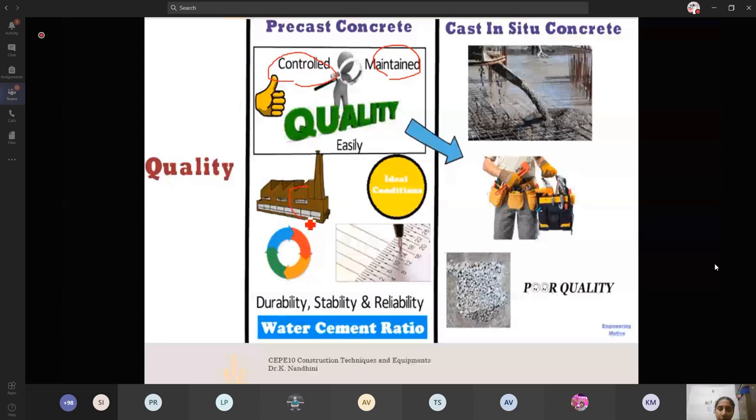It is prepared in manufacturing units or factories, following ideal conditions where the water cement ratio and the temperature are all in a controlled manner. It is highly durable and stable, and the concrete strength results are reliable as well. The water cement ratios are properly maintained in case of precast, whereas that is not the case in cast in situ.